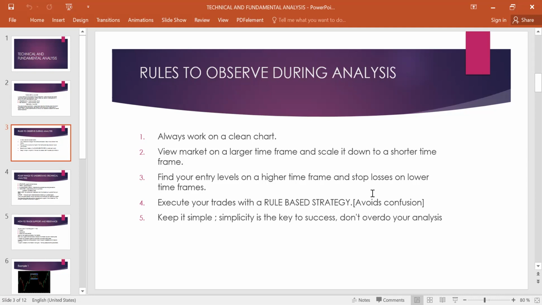Do I have an RSI divergence on the top or on the bottom? Is it in the overbought or the oversold region? And then you execute according to that. The reason is this will help you